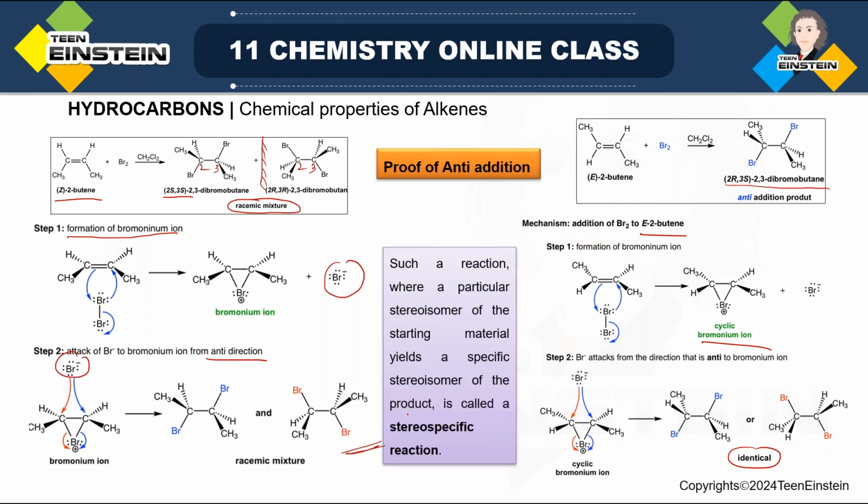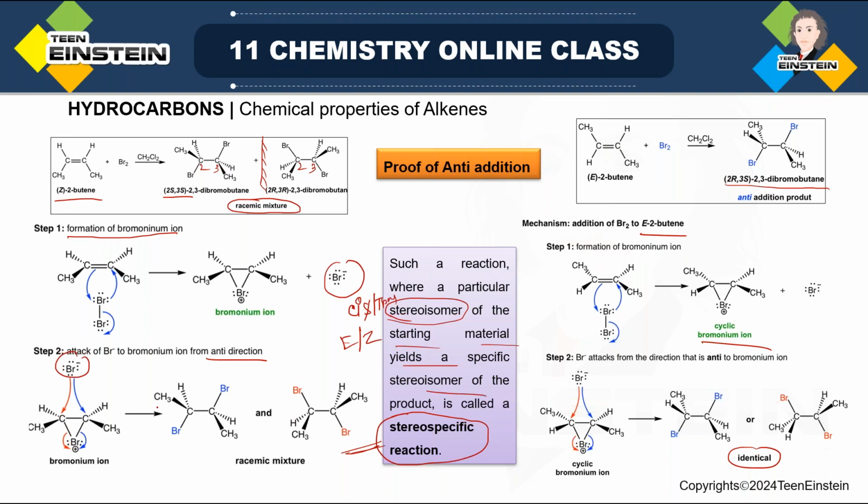Now one term you have to know here: stereospecific reaction. Stereospecific reactions are those reactions where a particular stereoisomer of the starting material, for example cis or trans or E or Z. So when you have the same substrate, only the difference is one is cis, another one is trans. That means you are using a particular stereoisomer. Either you have started from cis or you have started from trans, not a mixture. So when there is a particular stereoisomer present as the starting material and you are getting a specific stereoisomer of